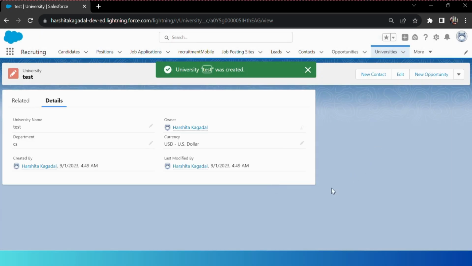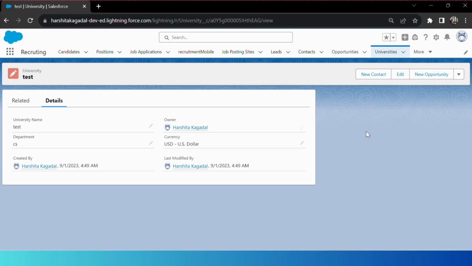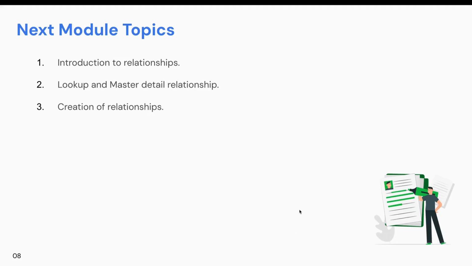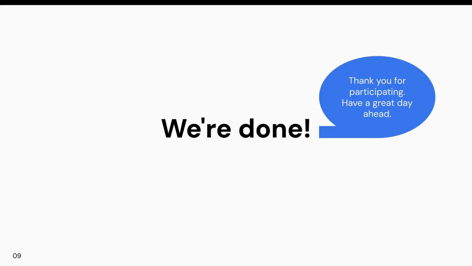So this was about how we create a record. And so today, to conclude, we have learned what data modeling is and how we create a custom object and a custom field, as well as how, after creation of both, we create a record in it to identify